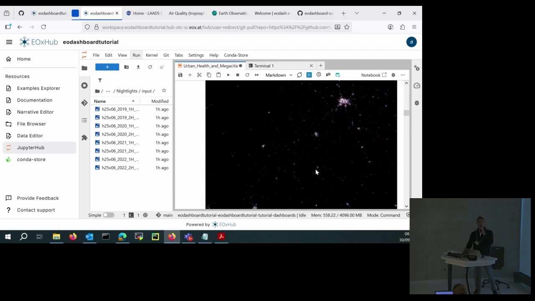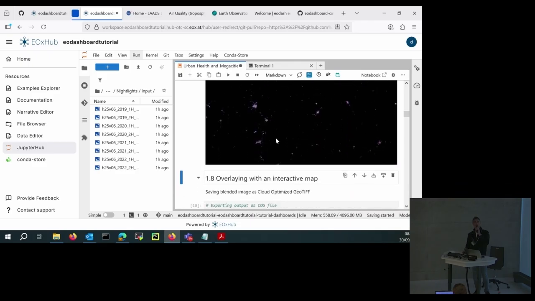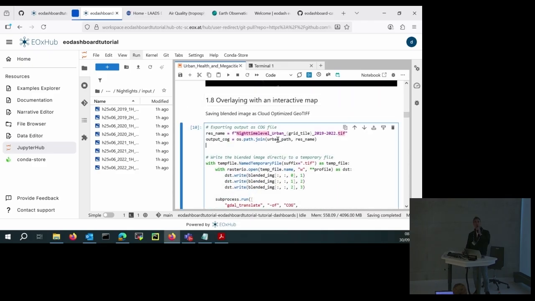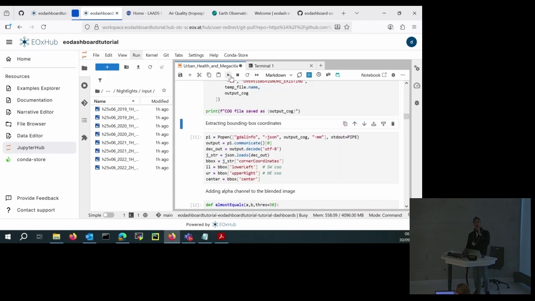As you see here, we obtain different kinds of areas: white, reddish, and bluish. But in order to understand better what's going on, we are going to overlay this map geographically, so we understand also exactly where we are. So in order to do that, we run this cell here,